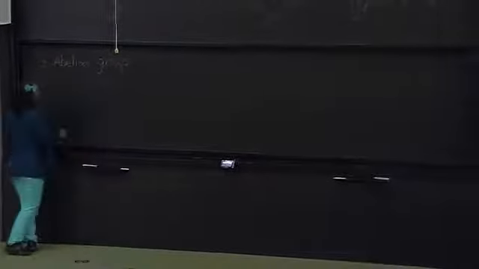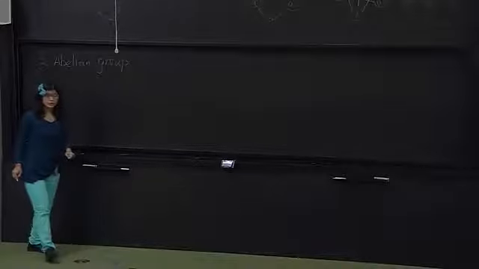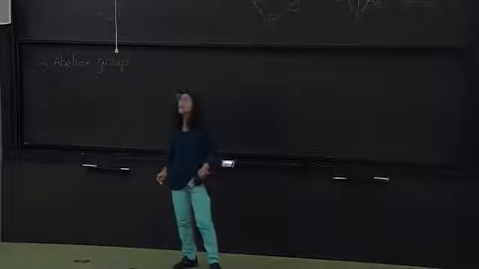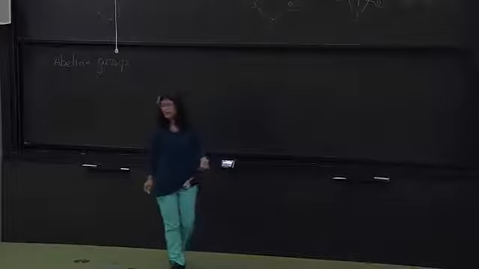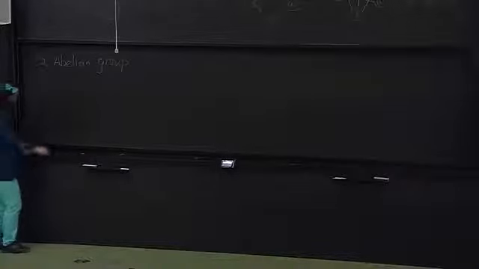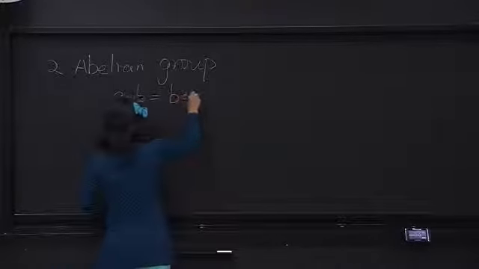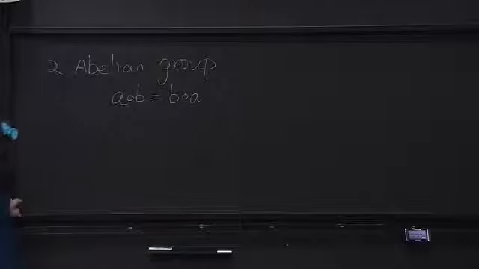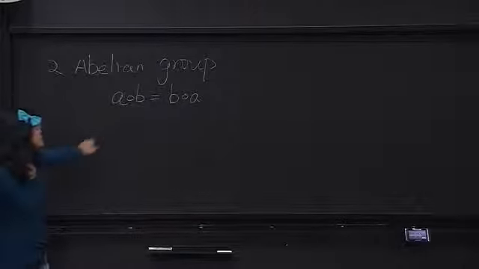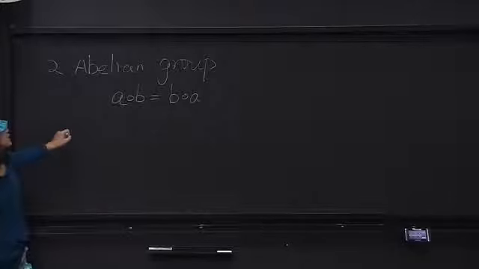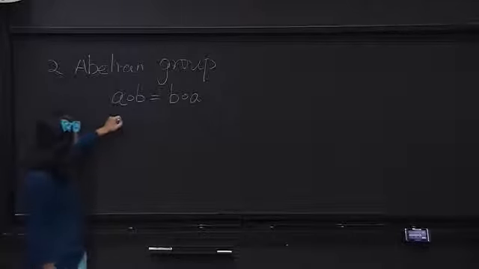So the next family is the abelian group. Abelian means commute. Remember when we talked about the group binary operator, we emphasized I don't want to call it a multiplication because A times B might not equal B times A. It's not necessarily true. An abelian group is just a group with this property: if the binary operator actually commutes, then the group is abelian.